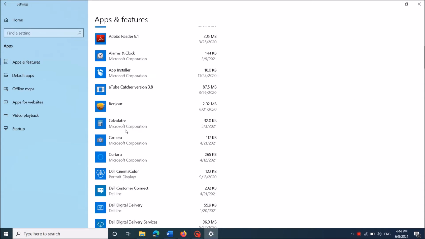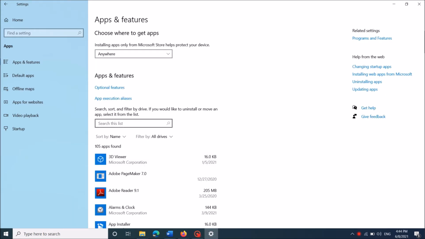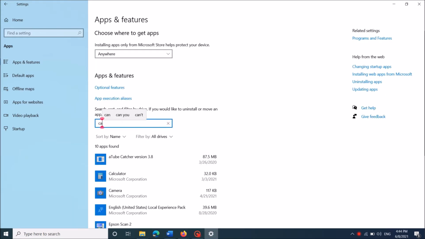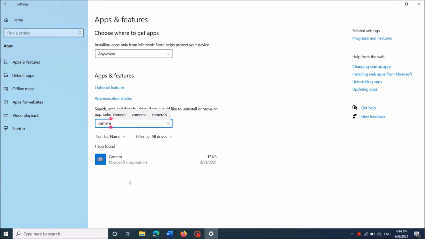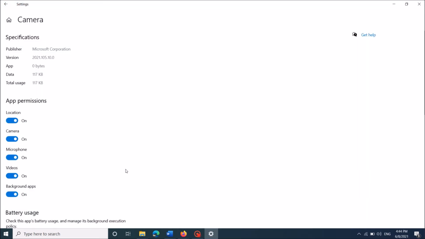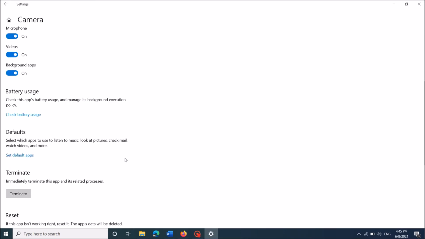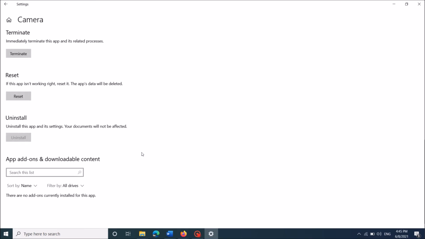To find it easily, just type camera here in the search box, and then click on the result here, and now click on this link, advanced options. Now in this window, move down and locate the title reset. Okay, now click on reset here,